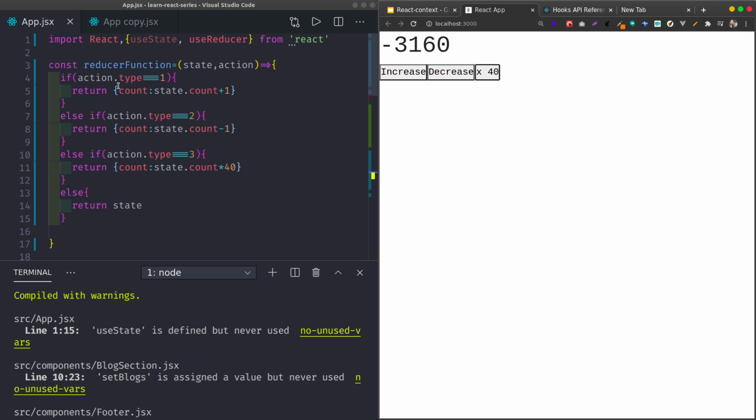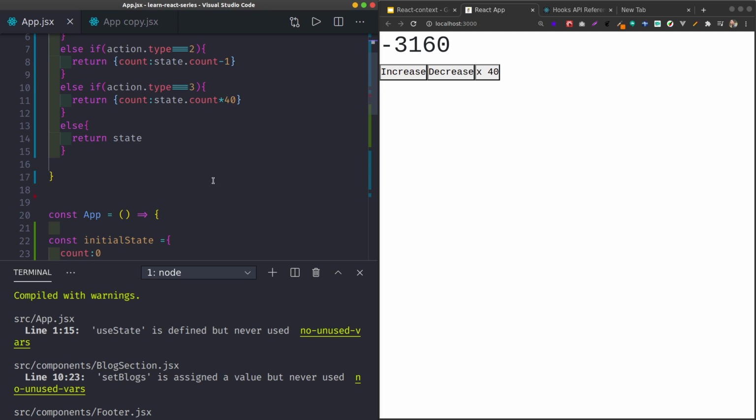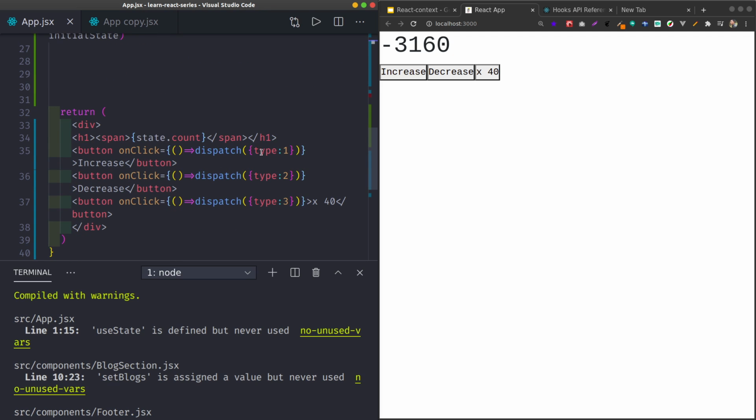The action is just simply a variable. It can be even 10, no matter, as long as you keep consistent and you say action together. Then the type, of course, remember I told you, since the action right now is an object, you can check the type. If type is 1,